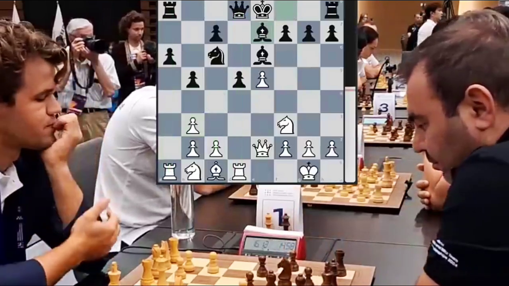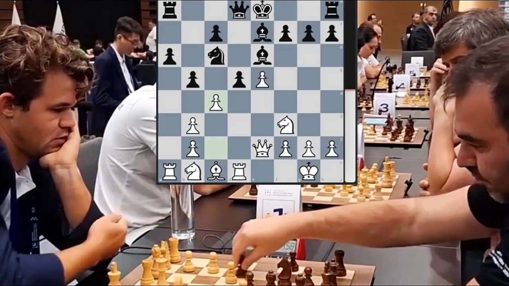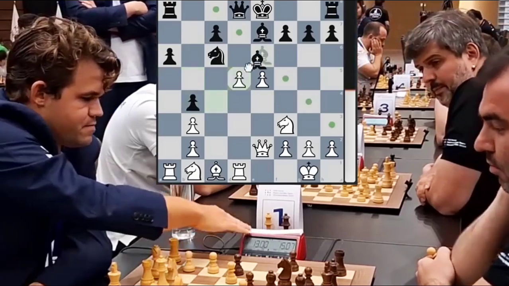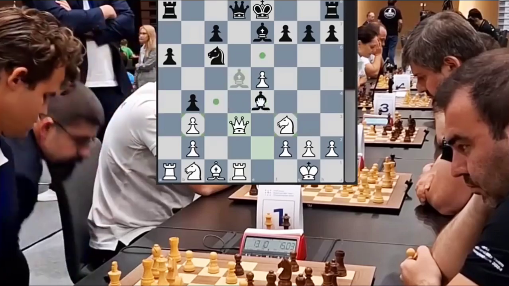does not care about it. He just plays bishop e7. Magnus plays c4, b4 played. This has been played before by Shakhriyar. Here one of the lines goes take, queen d3, and this is the way in which one of Shakhriyar's games